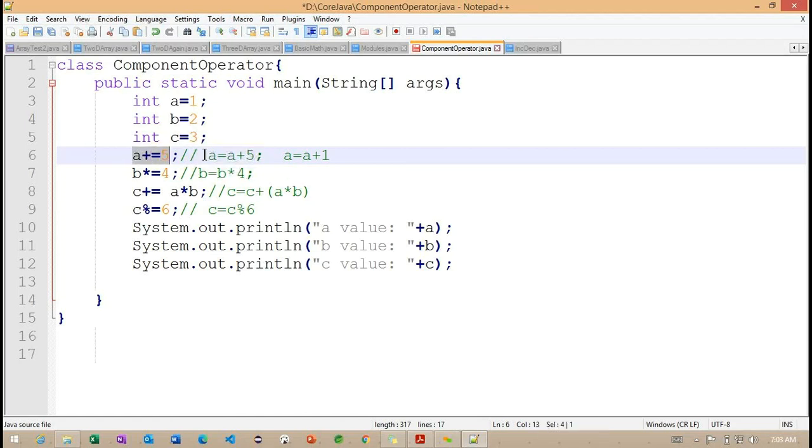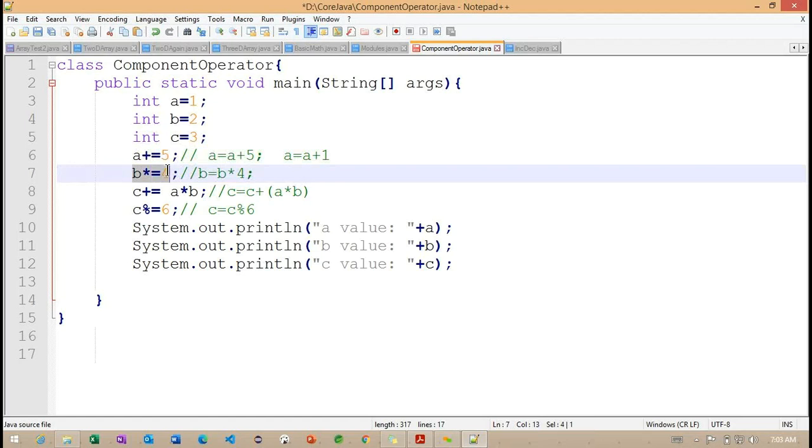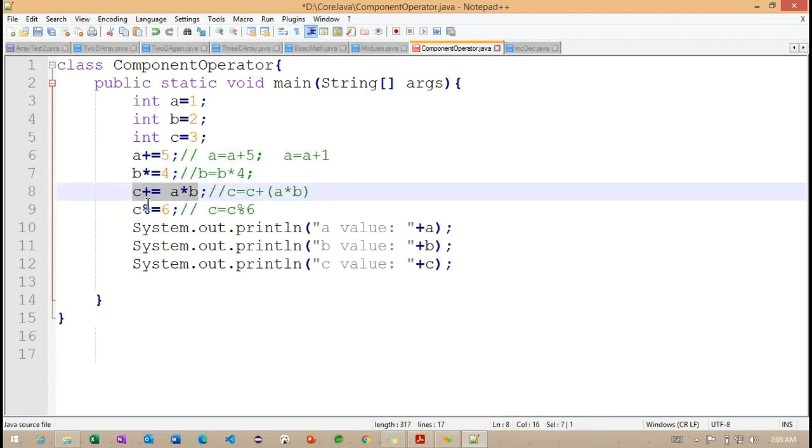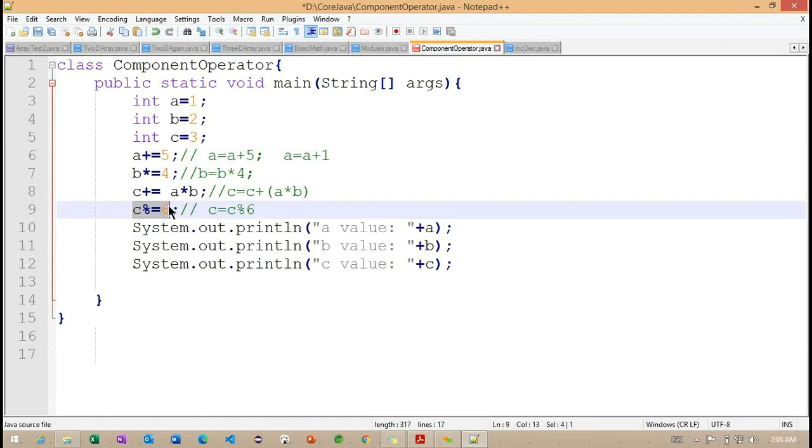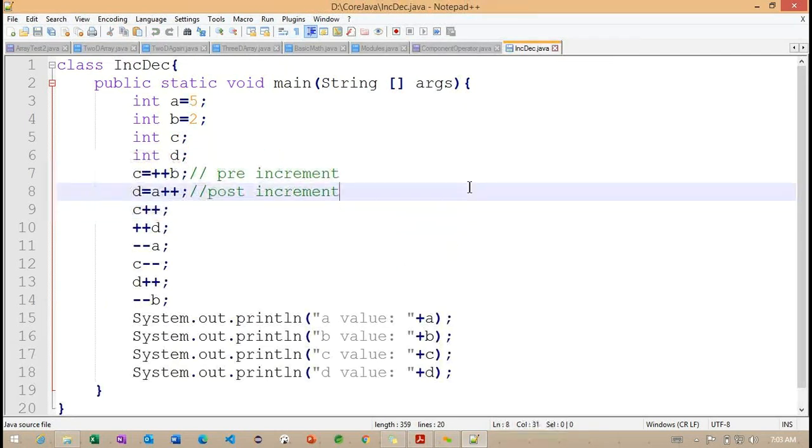Whenever we define the compound operator like this, the compiler will implement it internally. Getting the point? In the same way, this is the assignment operator, this is the multiplication compound operator, this one is the same, and this is for the modulo compound operator. With the help of these different operators, we checked the compound operators.